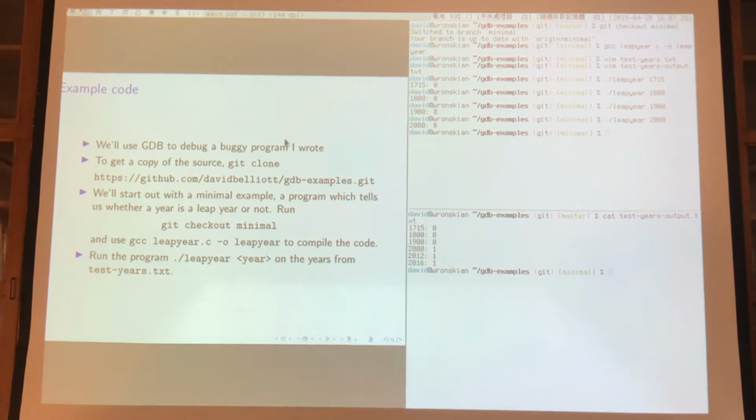So what we're going to do now is try to use Gdb to figure out why this program is saying that 2000 is not a leap year. If we want to check the remaining cases, we can see that for the remaining 2, it does give us the correct output. So what we're going to do next is